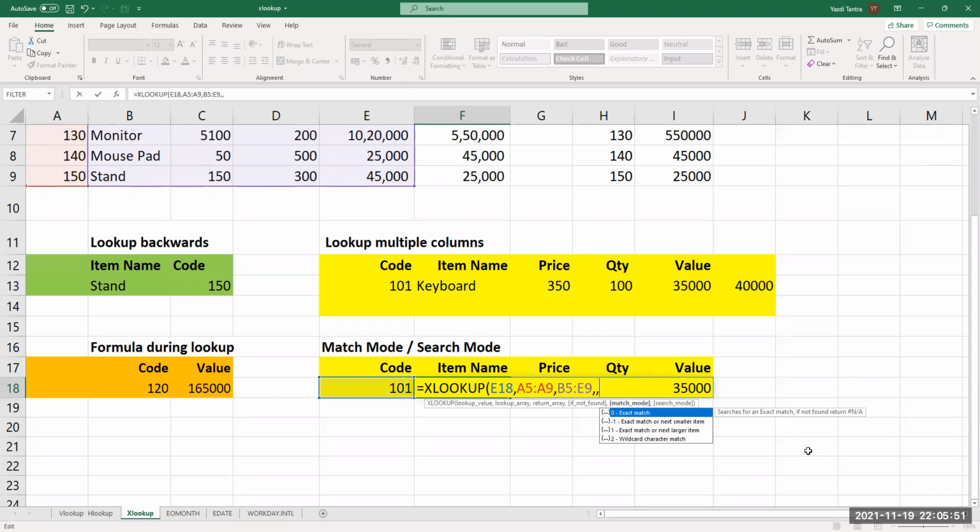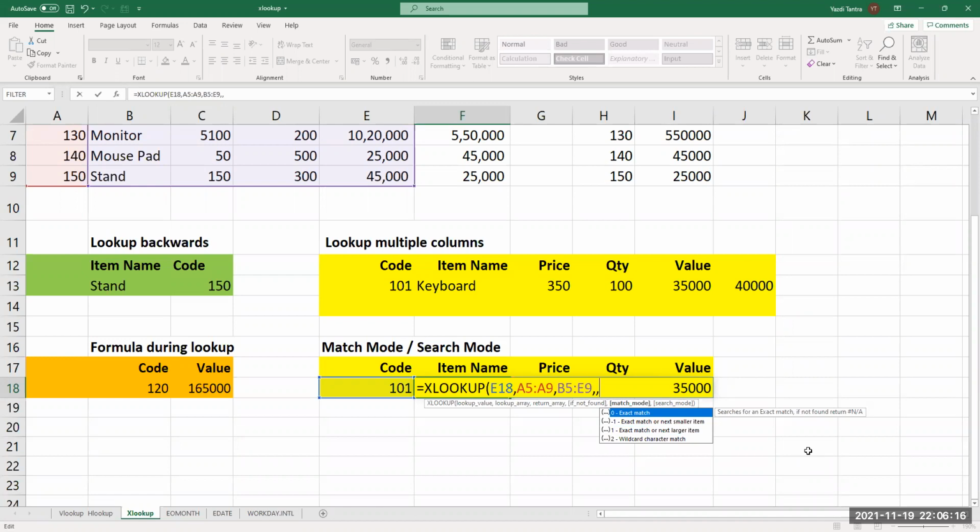You have so many options. So if it is not an exact match, what to do? VLOOKUP had only that option, either true or false. Here you can go to the next smaller item, that is the earlier item, or you can go to the next larger item, assuming that these are indexed or they are in a particular order. So smaller and larger will depend on this.